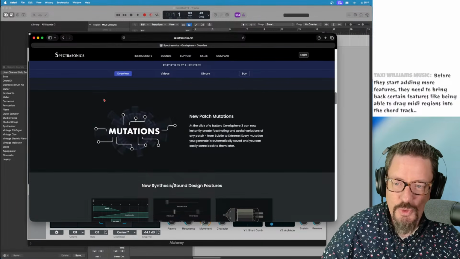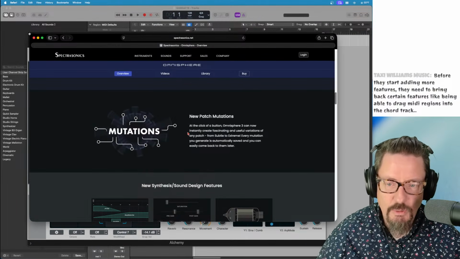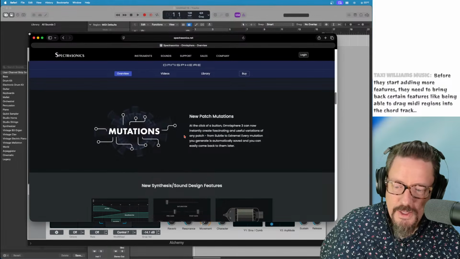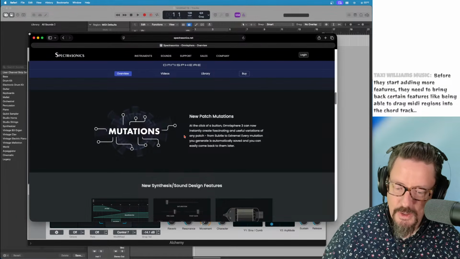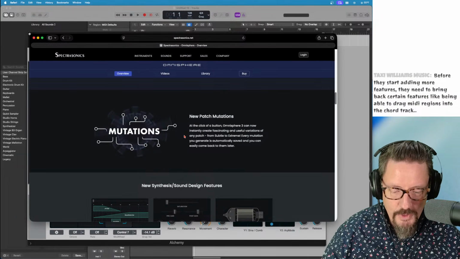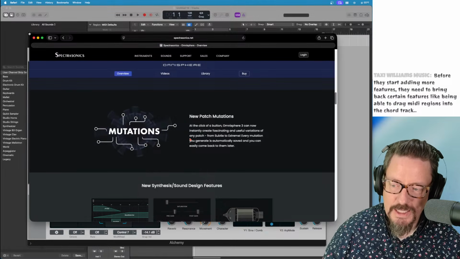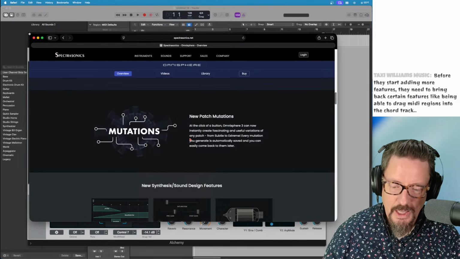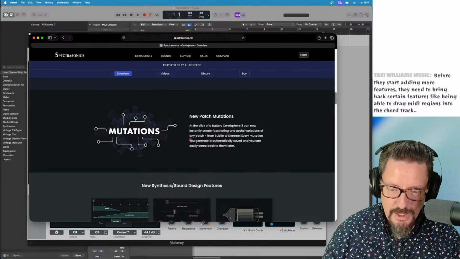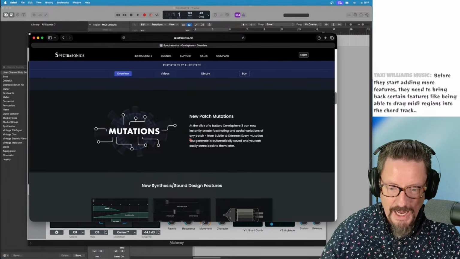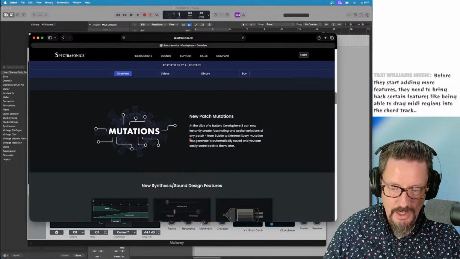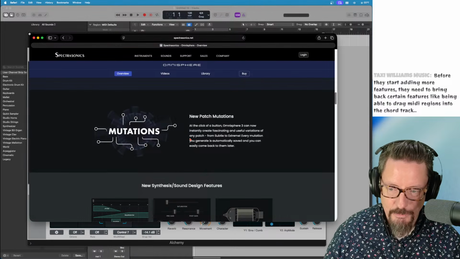But it's this patch mutation that really benefits from that. If they're going to upgrade their browser and figure out all of those sounds and how they sound, then a feature like mutations makes sense, where they can load up one and say, I want you to mutate this, and it knows which other patches are similar because of the way they've curated their whole library.